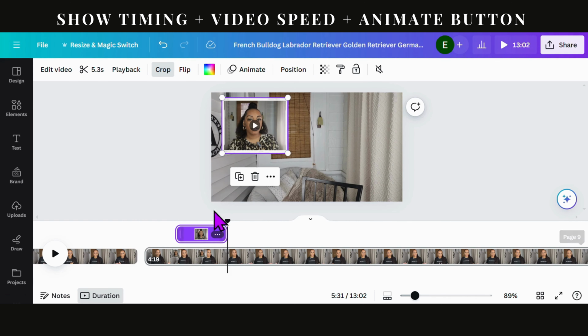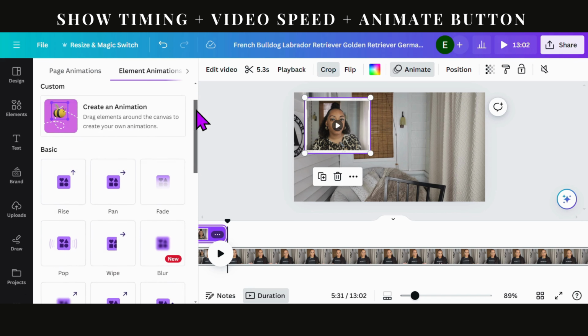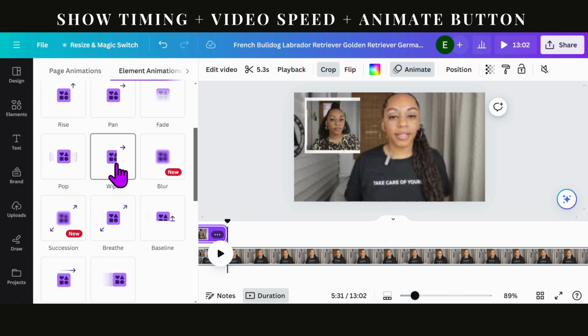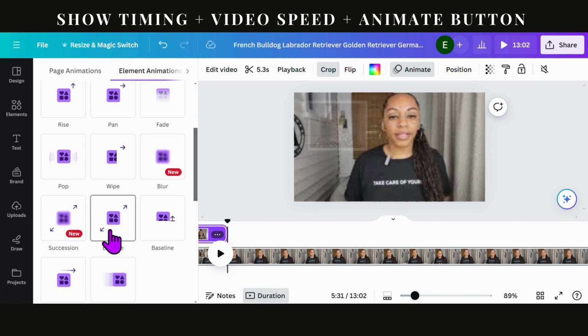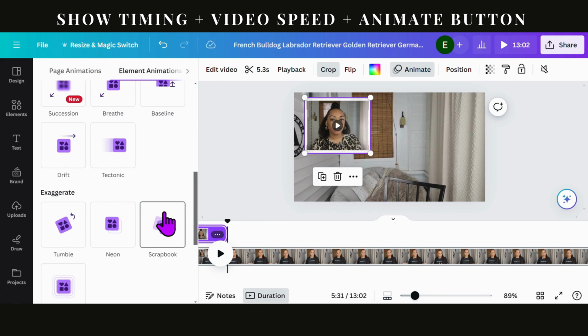And then we're going to use the animate button. There's a lot of great options in animate. So these are different ways that your elements can appear on the screen. Lots of nice choices. I'm going to be using the tumble